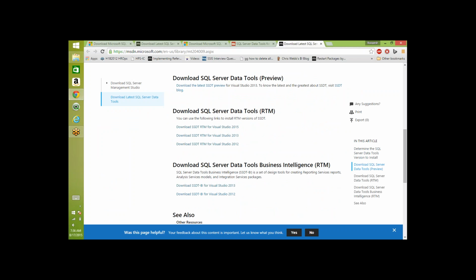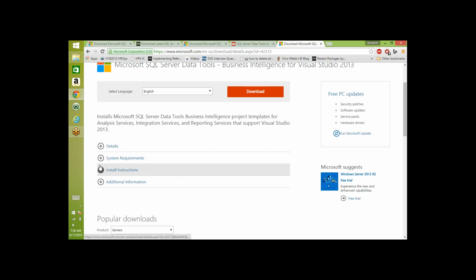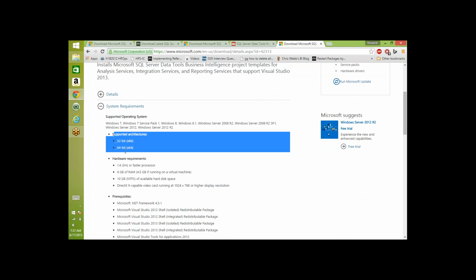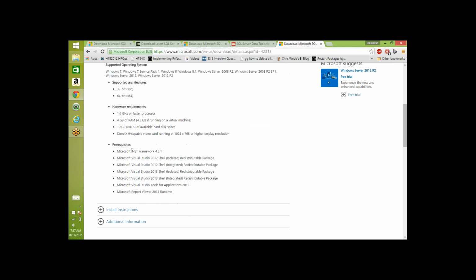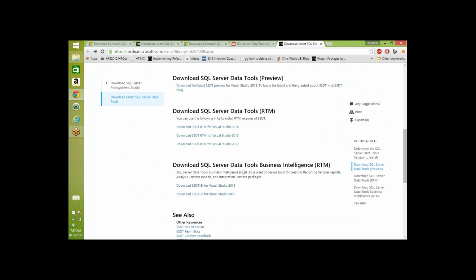And if you see here, you have SQL Server Data Tools and SQL Server Data Tools Business Intelligence. Our interest is the business intelligence stuff. Let me go to the latest version, that is 2013 here, SQL Server Data Tools for Visual Studio. If you see the system requirements, it supports 32-bit and 64-bit, Windows 7 Service Pack 1, Windows 8, 8.1, Windows Server 2008 R2 Service Pack 1, and so on. And for prerequisites, you need to have Visual Studio 2012 or Visual Studio 2013 installed. So what you can do here is go back, or you can install Visual Studio separately,